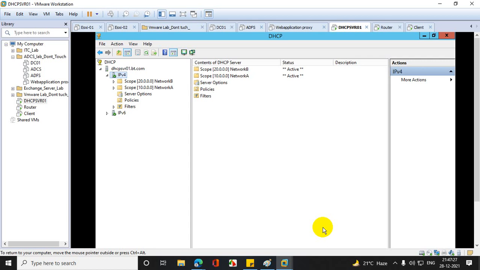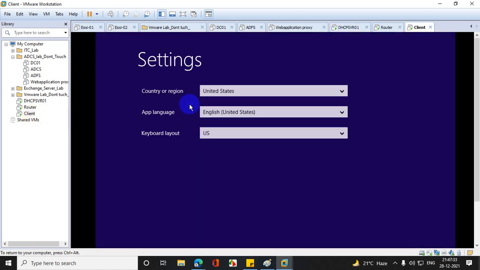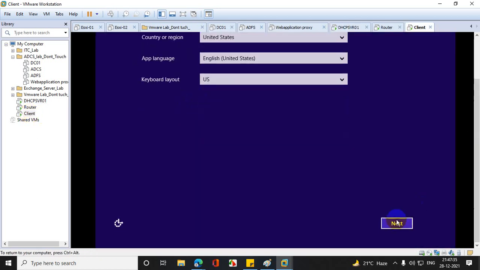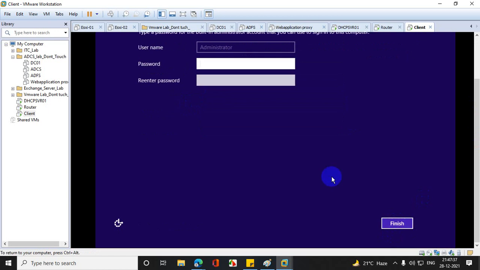Yes, sir. So now what I need to do, my DHCP server, let's say this is my client machines. Let's make this client machine up.